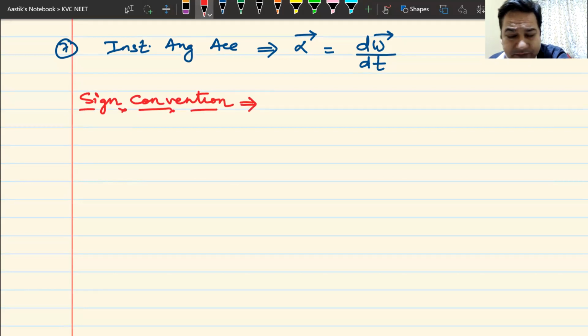Now, the sign convention that we use in 1D motion or 2D motion was very simple. Same sign convention we are going to use here. If something was moving along positive x, it was positive. Negative x, it was negative. Positive y, positive, negative y, negative, positive z, positive, negative z, negative. The same thing we are going to do here, but